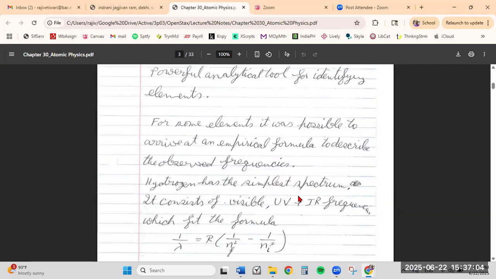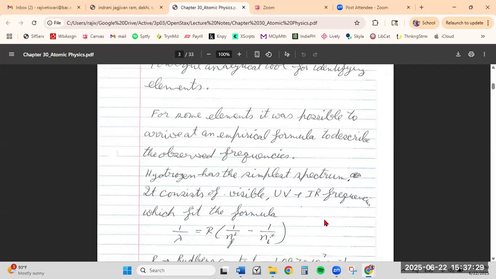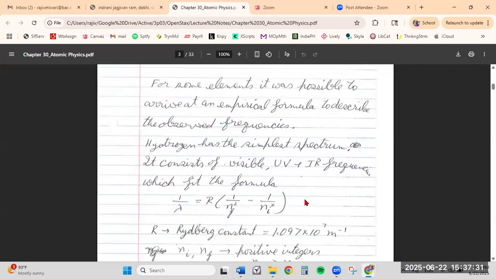Now, for some elements, it was possible to arrive at an empirical formula to describe the observed frequencies. So this was before people had any idea what's going on inside the atom. Why do we see this spectrum? Why do we see frequencies of a certain value in these spectrums, which vary from element to element? However, by looking at the hydrogen spectrum, simply by making measurements on its wavelength,